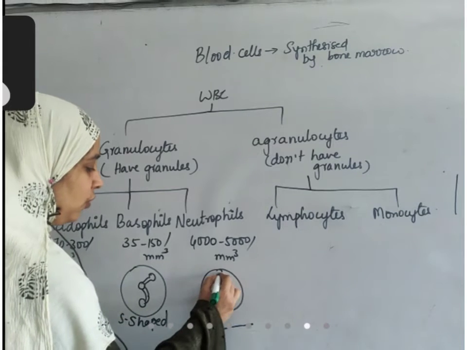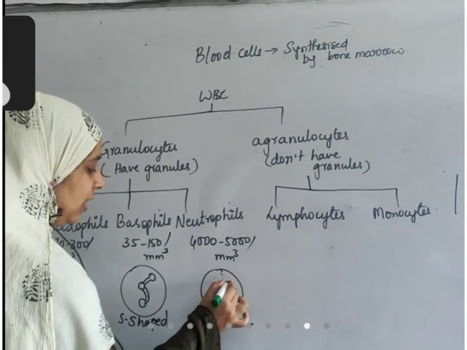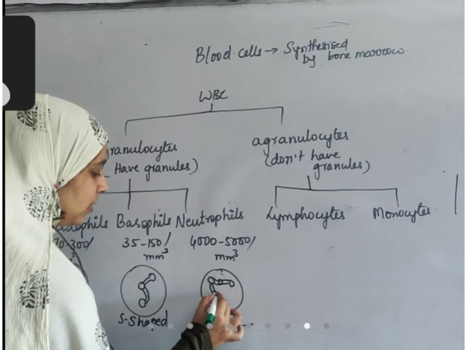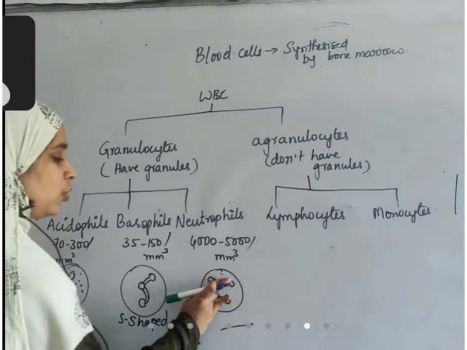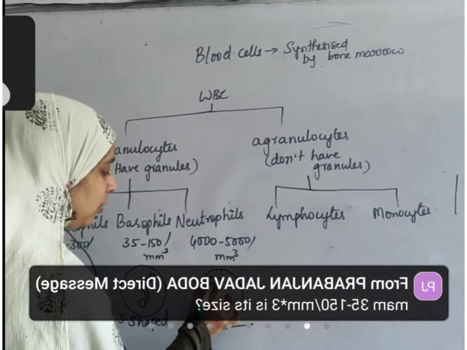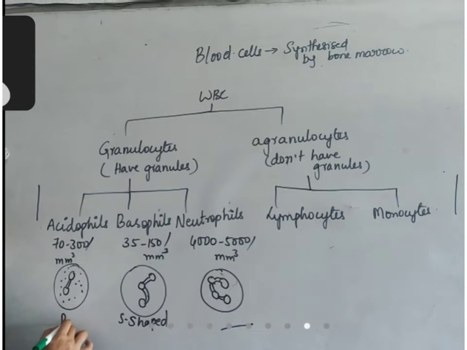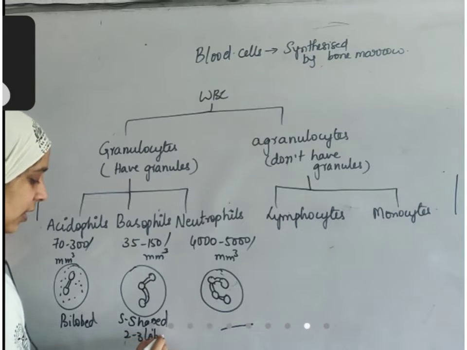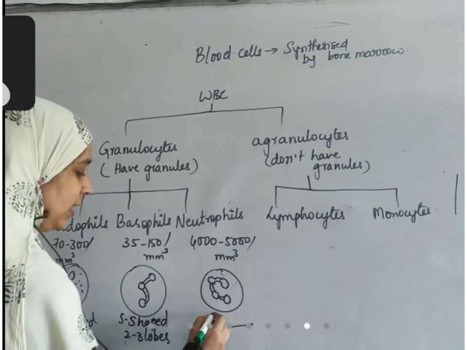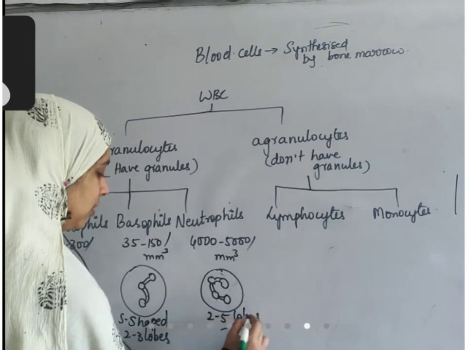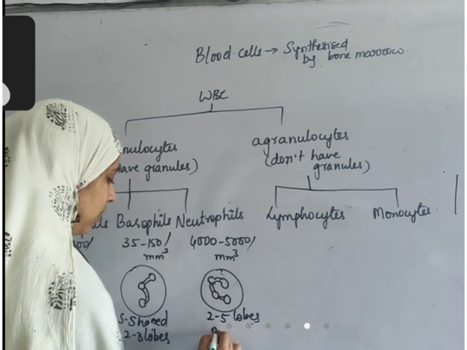In case of this neutrophil, it's not S-shaped. It can be any way. It may have 2 to 5 lobes, like this, multi-lobe. So many lobes are present. Lobes means bulged structures like this. Okay, it is bilobed. It is multilobed, that means 2 to 3 lobes are present. In case of neutrophils, it is multilobed. That means 2 to 5 lobes are present. Okay, so multilobed.